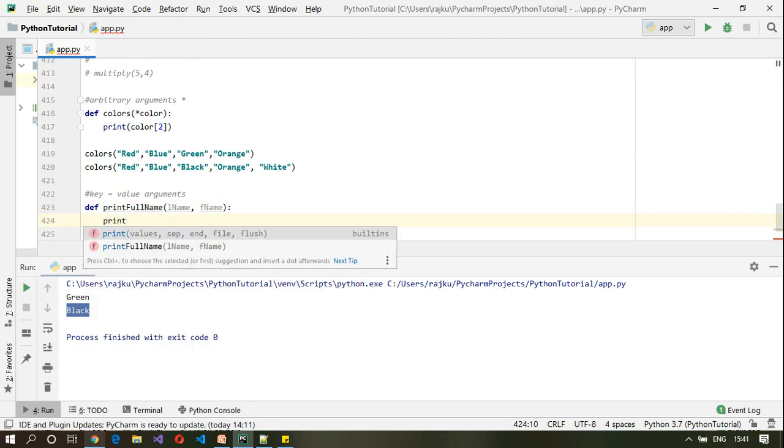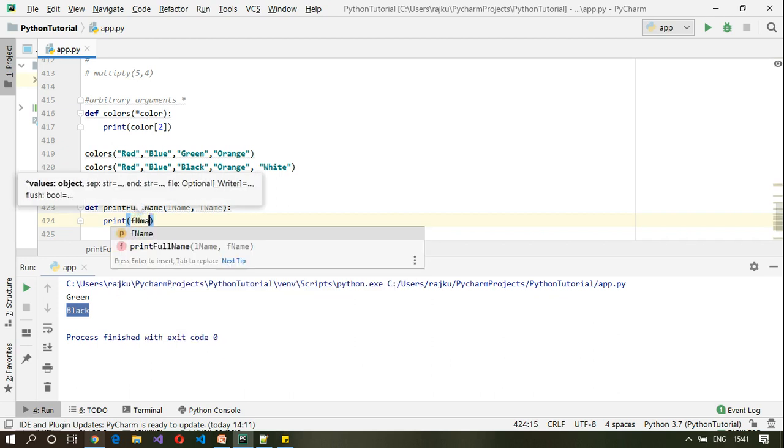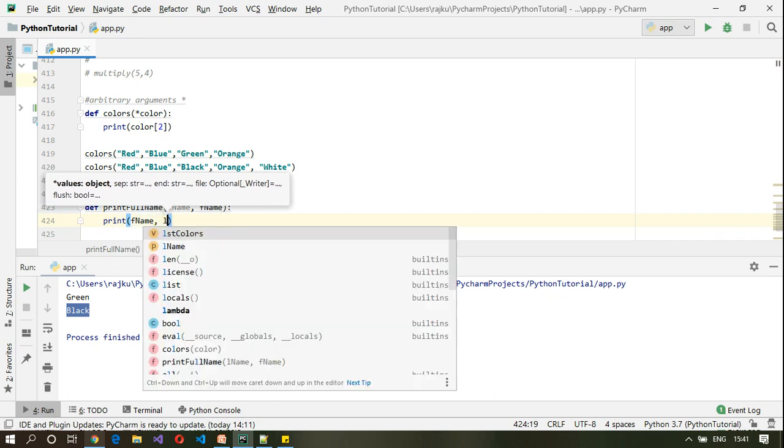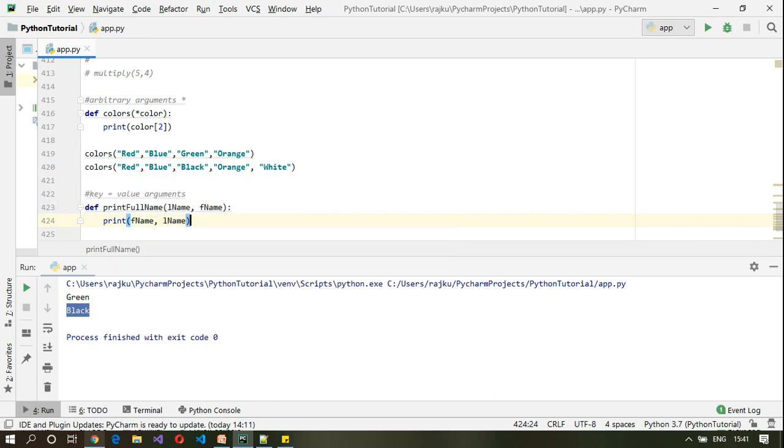So inside this, print first name, last name. We are going to print the full name.